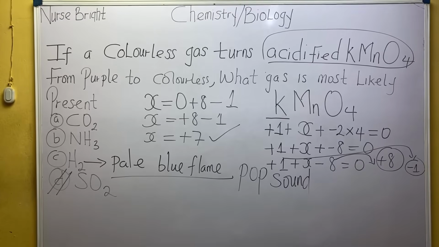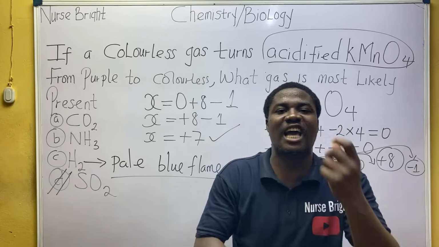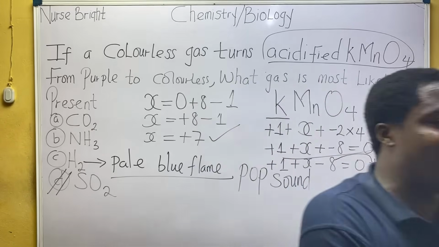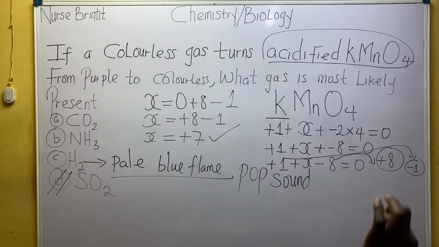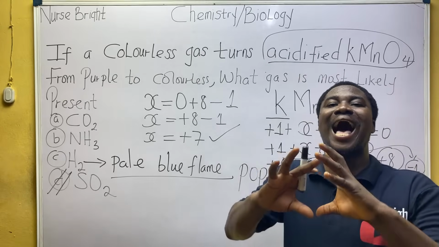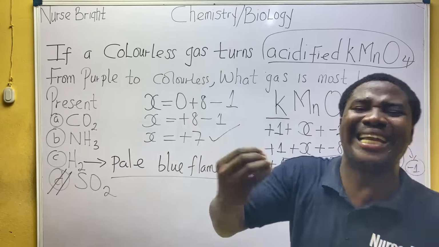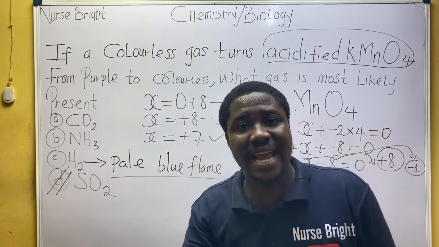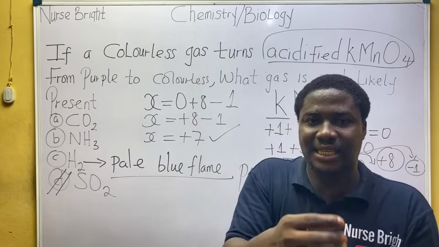Now moving further to another gas, which is ammonia gas. Ammonia gas has a characteristic pungent smell. Guys, note it. Ammonia gas is basic in nature, meaning it's alkaline. This gas is a base. It's an alkaline base. To differentiate bases from acids: